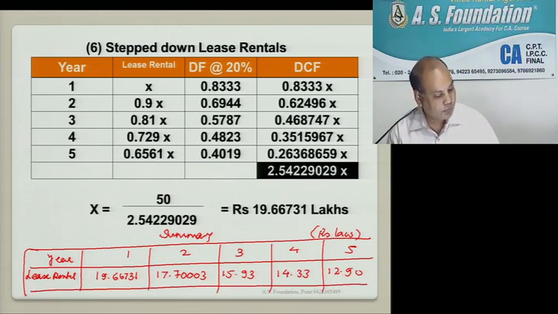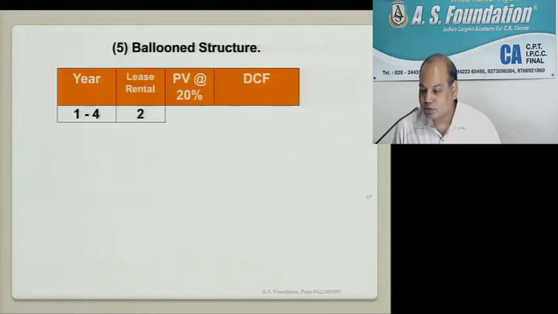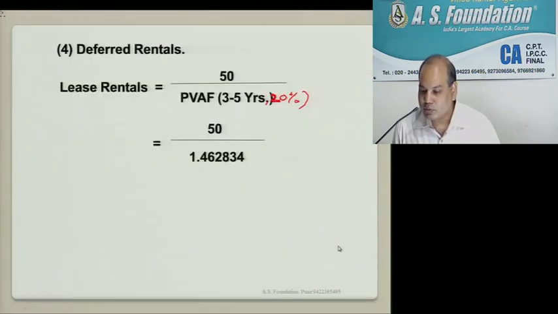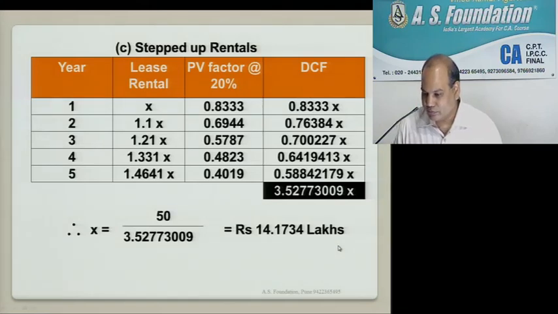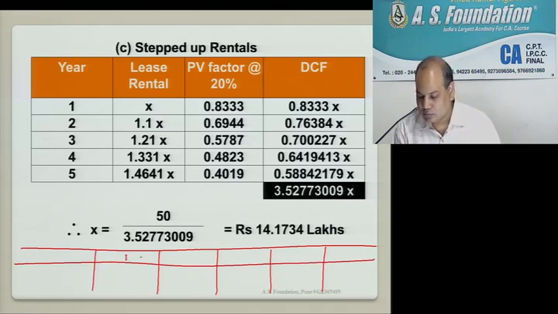Just go to that question number C here, stepped up rental. Remember stepped up rental? There also we'll write the summary. We have not written it. Summary, I'll require 2 lines. Year 1, 2, 3, 4, 5, and lease rental. In the first year, write